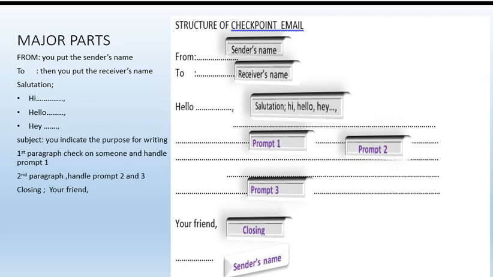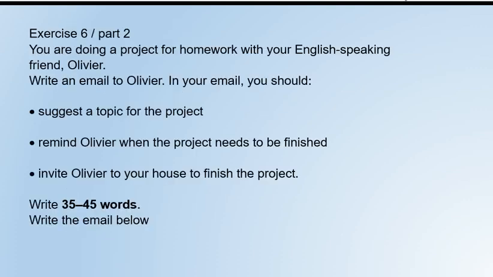How does the question look? Let's look at it. This is how our question looks. The ones that you're seeing under the 3 dots are called prompts. You are doing a project for homework with your English speaking friend Olivier. Write an email to Olivier. In your email you should: